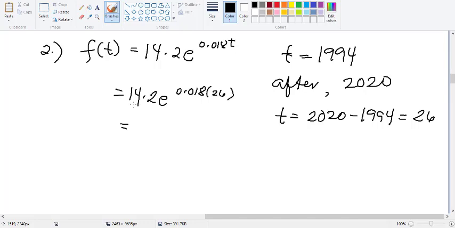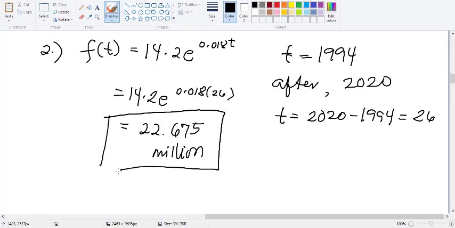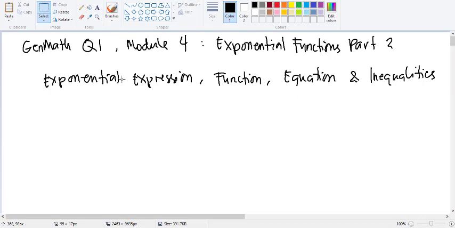0.018 times 26. So, the answer is 22.675 million population in 2020. Okay, so that's how you solve for this using the compound interest formula and the population growth formula. Now, going back to the lessons, we have to differentiate exponential expression, function, equation,